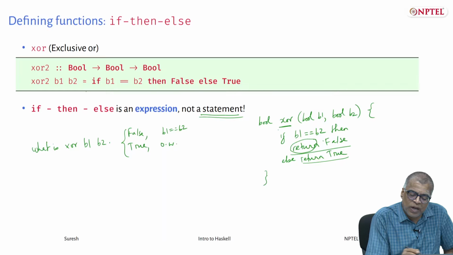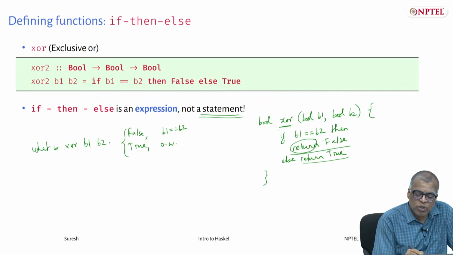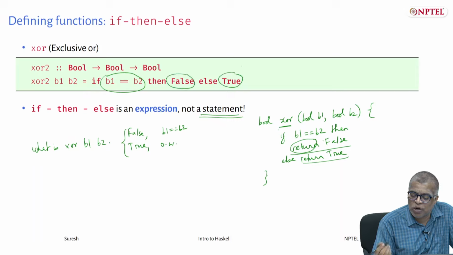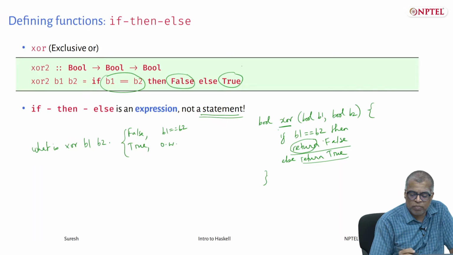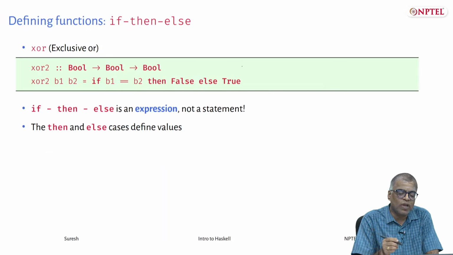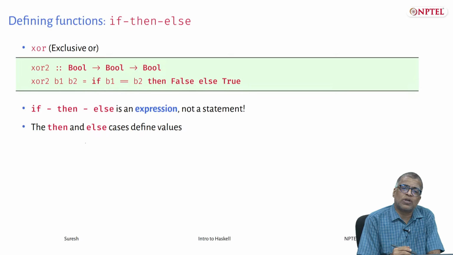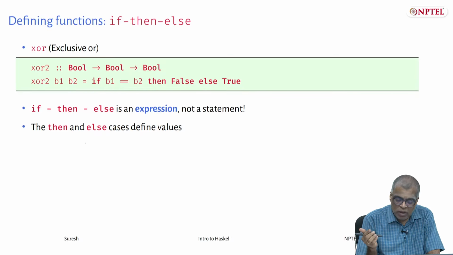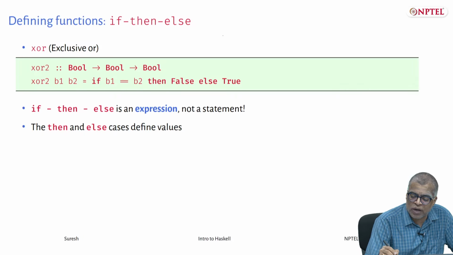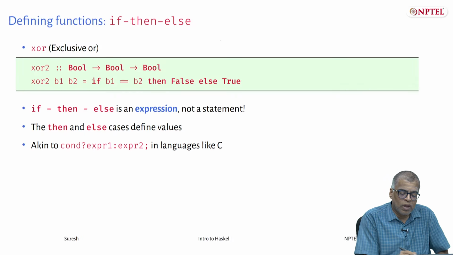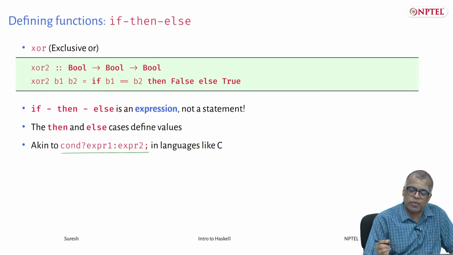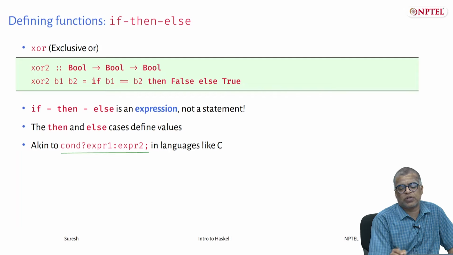Okay. This is what you are trying to express, this mathematical definition. It has one value in one case and another value in another case. So, if then else is always an expression, right. So, the first part here is a Boolean expression, and these parts could be an integer or Boolean or whatever, right. So, like we saw in the example of the absolute function. So, the then and else define values, not a sequence of statements, and some of you who are in Java or C, you might have seen this expression: condition question mark expression 1 colon expression 2. That is exactly what Haskell does with its if then else.